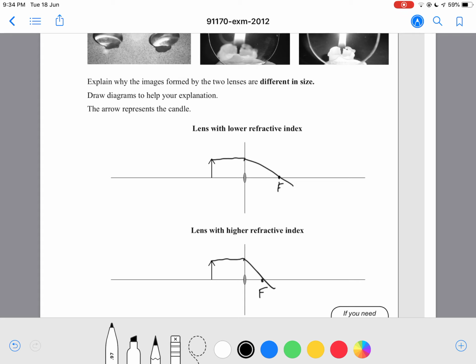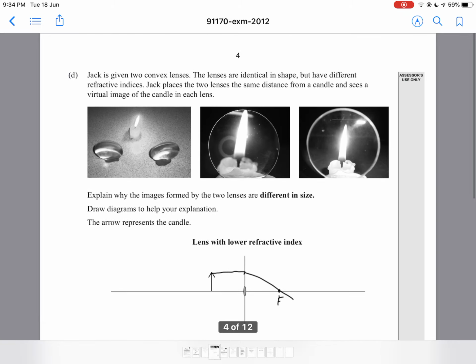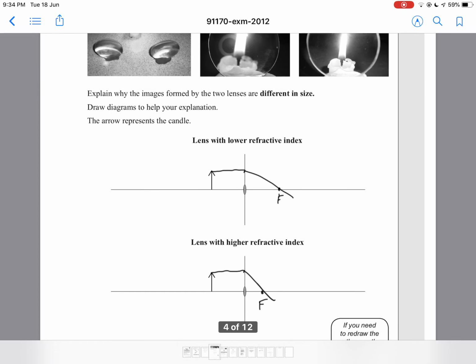So how does a lower focal point affect the image produced with the candle? How would that affect it? So basically, if we have a lower focal point,